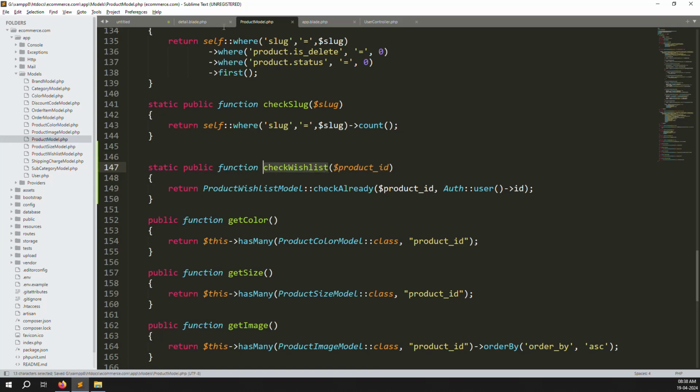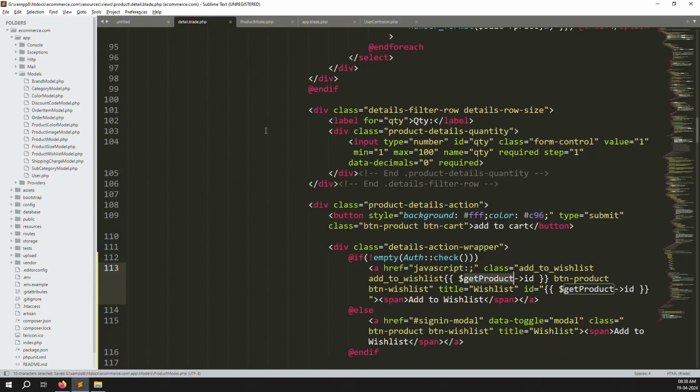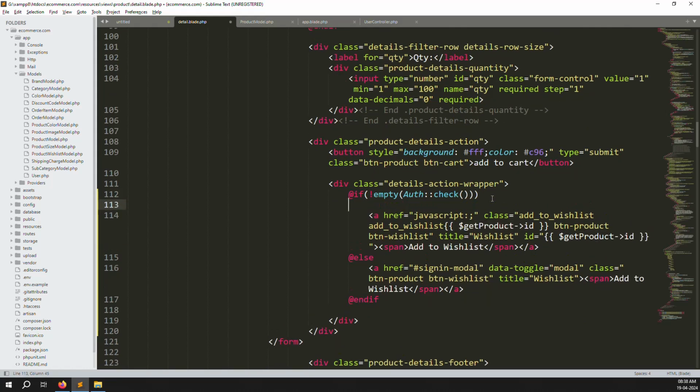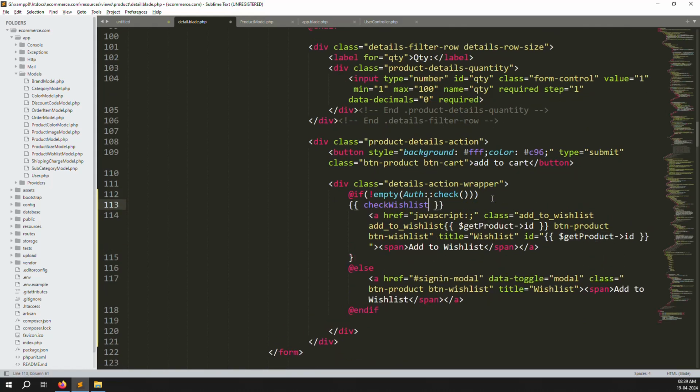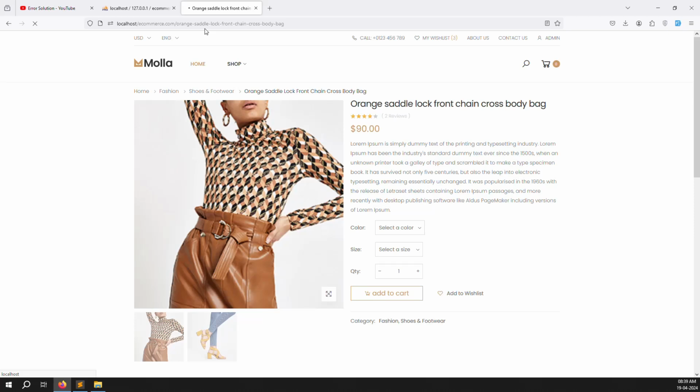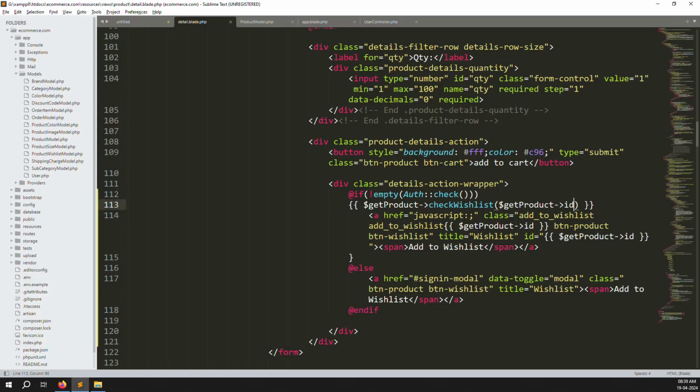Let's go back again to the detail page, and we can call this function. So simply we can try first whether it's working or not working. So just get products, here I pass a check wishlist, and here I can pass a product id. Let's refresh the page so we can check if it's working. So just go back again and refresh the page here, so you can find one count, so it's working very well. Simply you need to make one condition here,